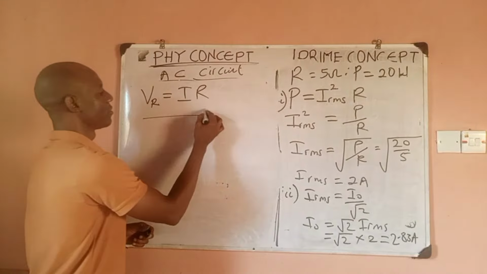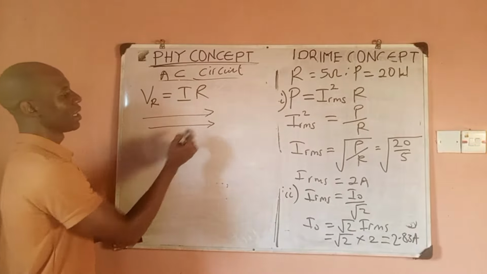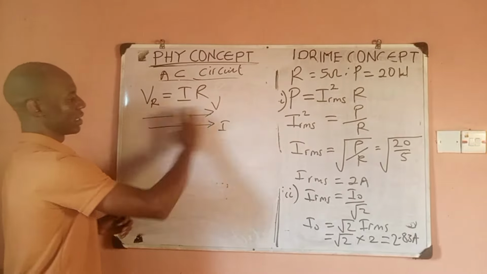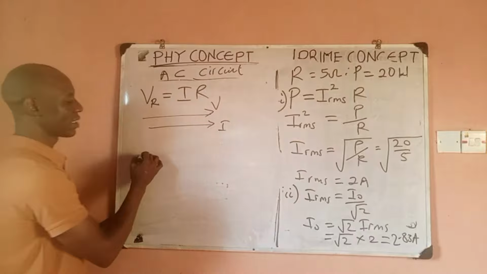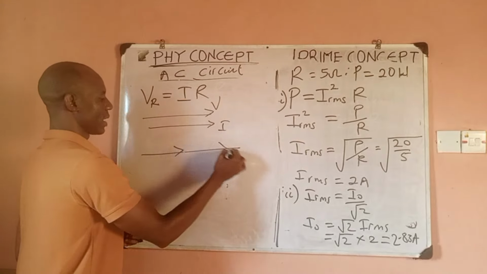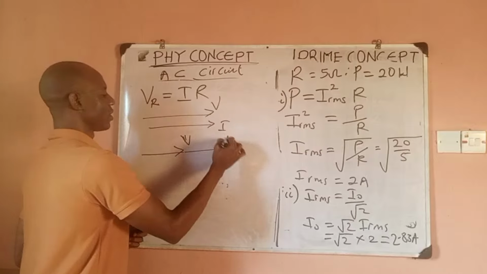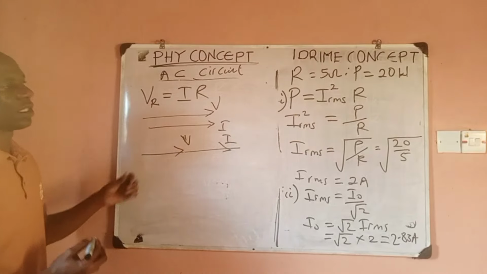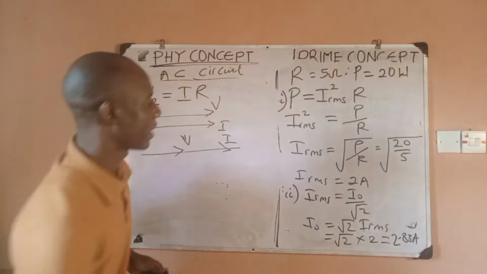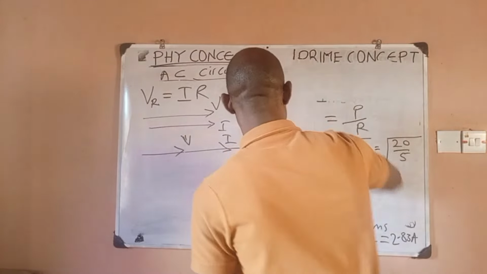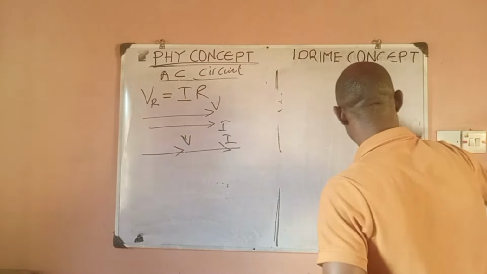So it means that the phasor diagram is going to be like this. This voltage, this current. Both of them will be going in the same way. Or you can still do it this way, like this. This voltage, this current. This or this would represent the phasor diagram. So that is all for purely resistive circuit. Next is a purely